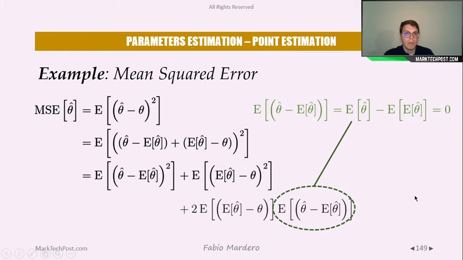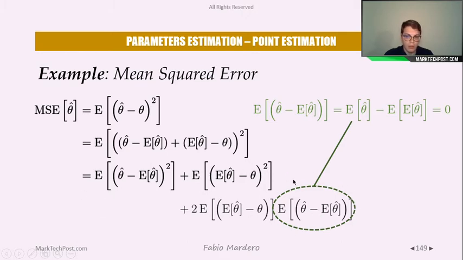In particular, the mean square error can be decomposed. For example, if inside this parenthesis we subtract and sum the expected value of the estimator, and we apply some formulas, we obtain this long expression.